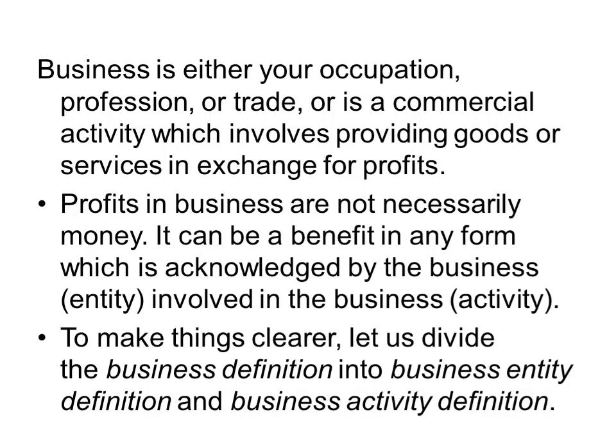Clear? Now, business can be either an occupation or a profession. Profession means maybe teachers, lawyers, doctors, or whatever it may be, or a trade, or commercial activity. Commercial activity may be a retail establishment owner or a shopping mall owner, something like that. It involves providing goods or services in exchange for profits. So the value of the product has to be exchanged along with the profit.